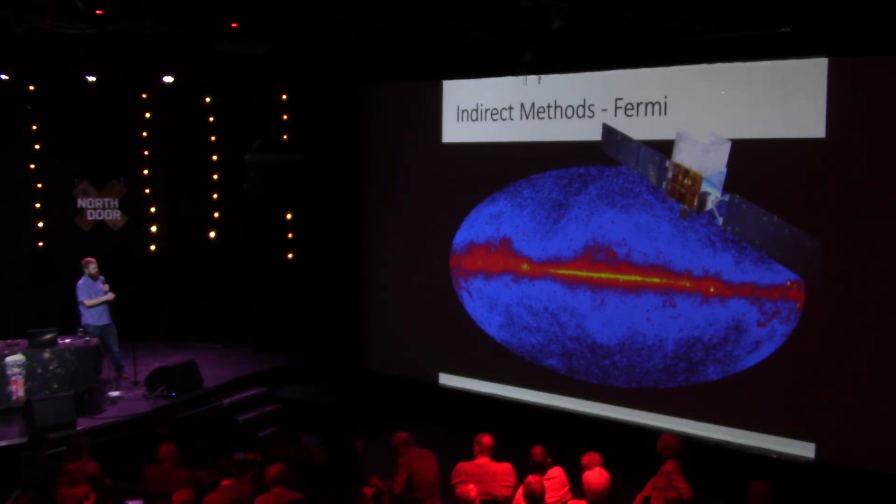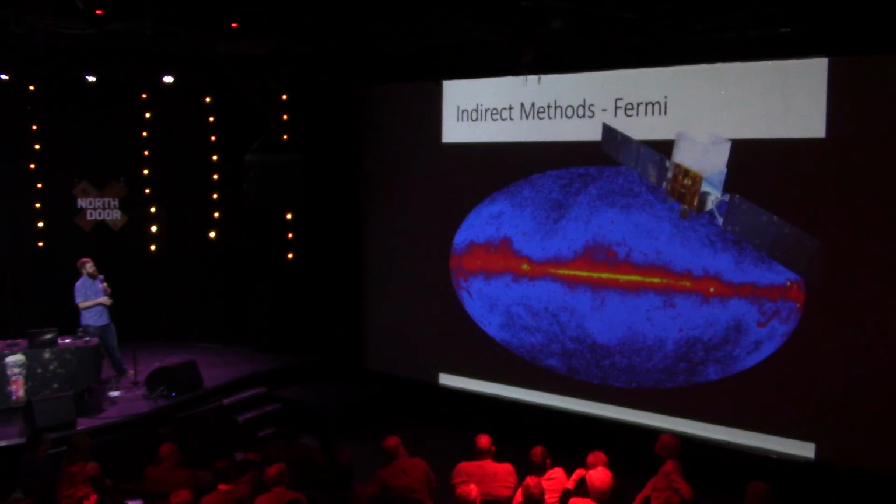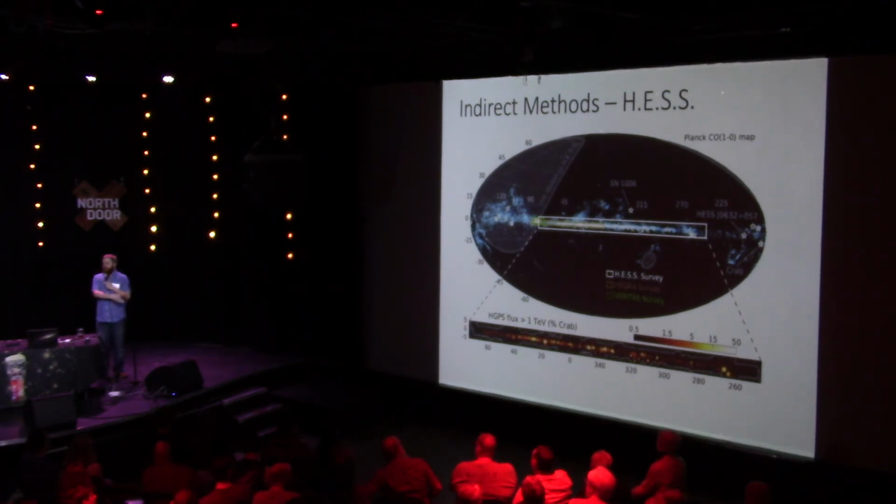So this is everything, for instance, above 1 GeV. If you look at what happens above 1 TeV, then you have HESS. And HESS has this plot here down here where it's even more thin. So the higher energy you go, the more you're selecting out where we think it's being accelerated. At the very high energies, you literally just see these little tiny bubbles. But that could also just be the fact that this is much lower resolution than Fermi is.